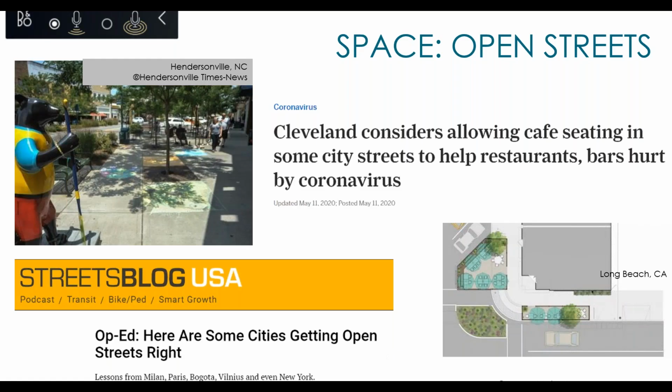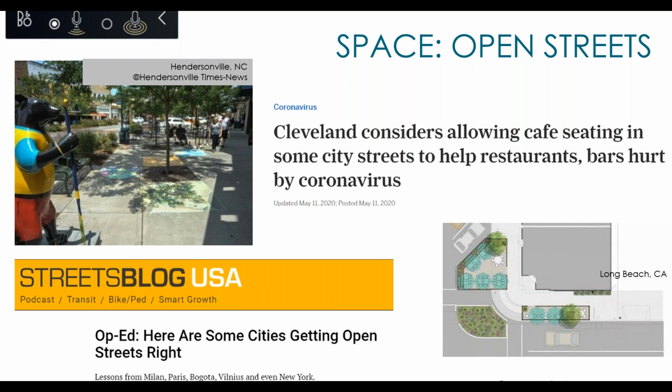Some other examples: Hendersonville, North Carolina is a great example. They have an incredible road diet in their downtown, where their main street is a serpentine street, like an actual physically serpentine street that has created slower traffic patterns, as well as opportunities for outdoor seating and trees and green space. It's really lovely. But they're one community that's really looking at this open streets concept to employ in their downtown,